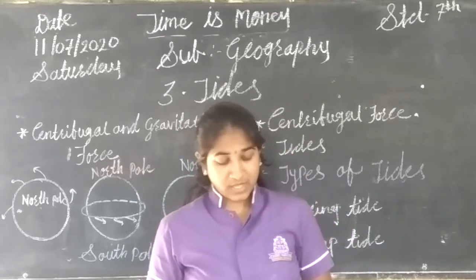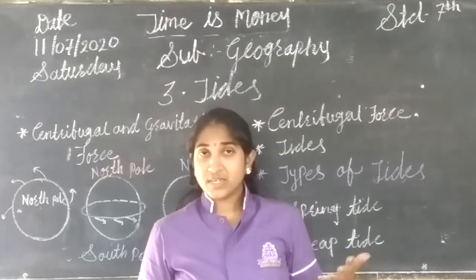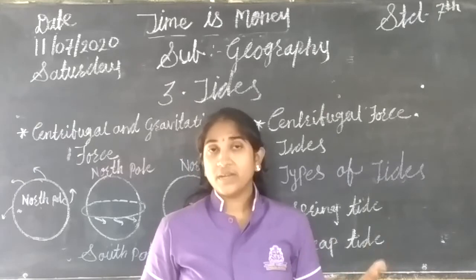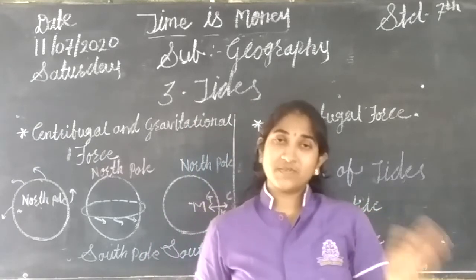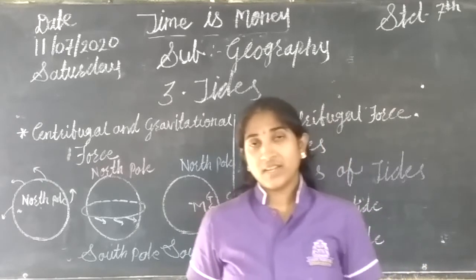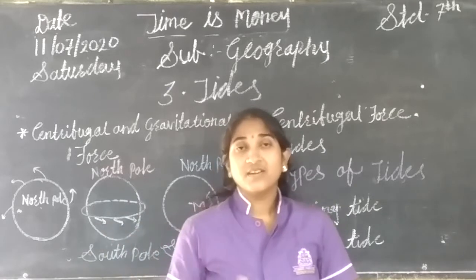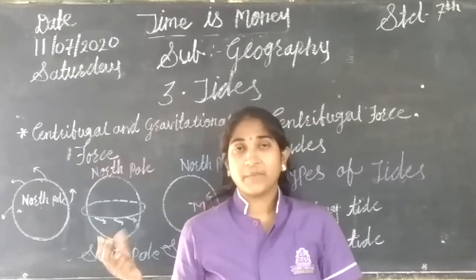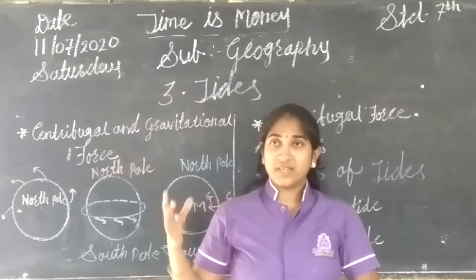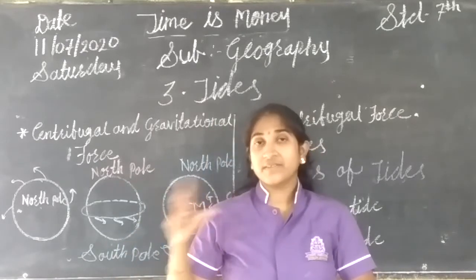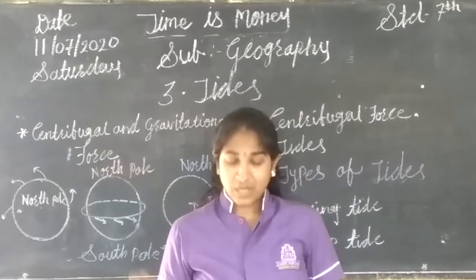Tides are movement of sea water occurring daily and regularly. What are the tides? The tides are movement of sea water. It is daily and regularly. The daily movement of sea water always occurs regularly. Whenever you visit the sea places, like the Gateway of India and any other place, you can also observe that the movement of water is always and regularly going on, right? That means sometimes there is high tide and sometimes low tide.